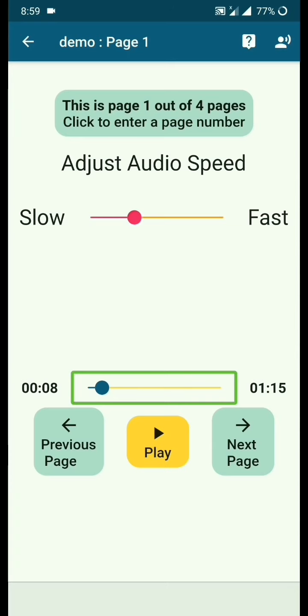So for this demo, I'm using Google TTS for my TalkBack. So if you are using Google TTS for your TalkBack, then if you just swipe left or right on the screen, the audiobook will stop playing automatically. To start listening to the audiobook, again you can click on the play button. If you are using any other TalkBack other than Google TTS, for example eSpeak, then if you swipe left or right on the screen, the audiobook will not stop playing automatically. Instead, while the audiobook is playing, the play button will be replaced by pause button. You can click on the pause button to stop listening to the audiobook.